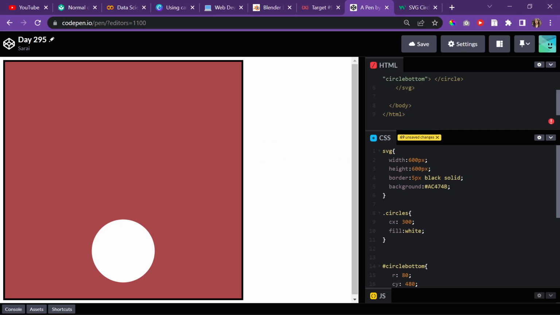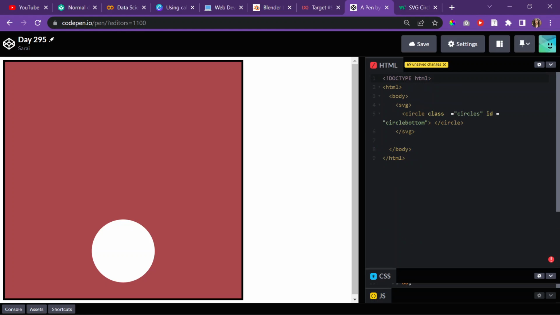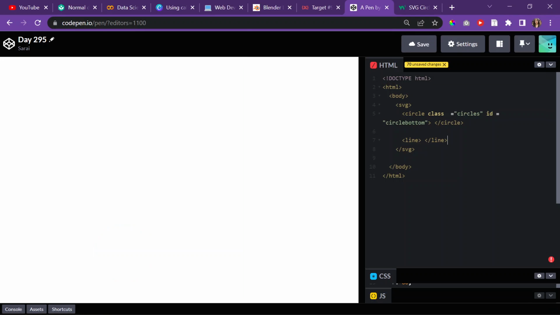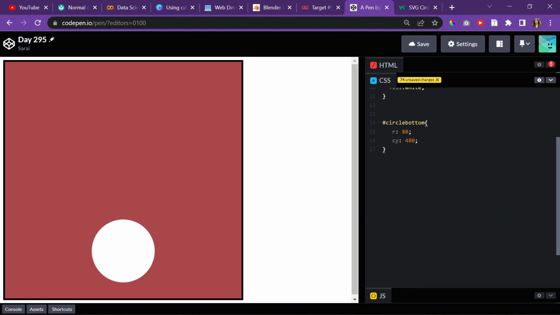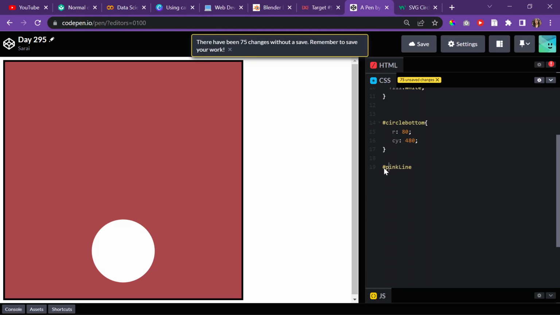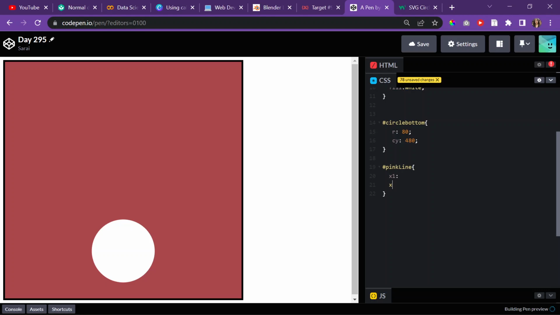Okay, so I'll do an SVG line. So I'll do a line, and in the line, I'll give it a class. Actually, I'm only going to do one, so I'll do class, no ID, a pink line. Okay, and I'll go down here and I'll just target it, and I'll give it x1, x2,